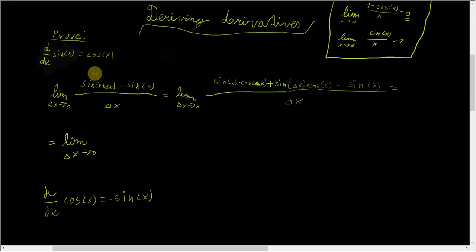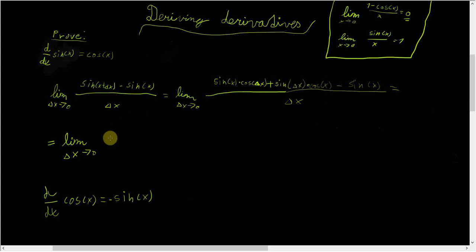And we use a trigonometric expression. So here we have a sum inside of our arguments, and I've shown you in my trigonometry videos how to deal with this. So we just rewrite our sine function. Again, we have sine of x plus some small nudge, minus the point before that. So I'll just rewrite it. So sine of x times cosine of delta x plus sine of delta x times cosine of x minus sine